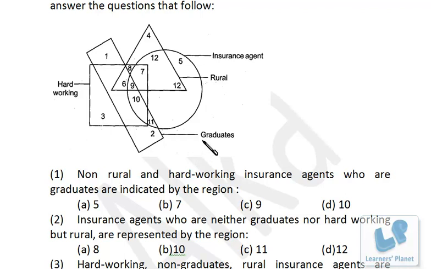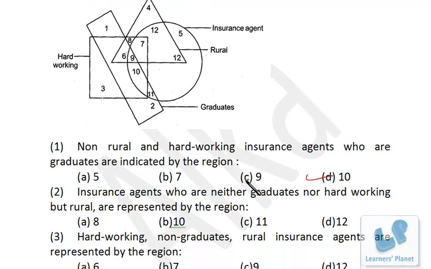So we have the 4 figures. Our number should be in all of them except triangles. That means it should be in the 3 regions, right? So that's number 10. You can see it's in circle, rectangle, and square, so that's the correct choice. Other numbers in this region are actually in the triangle also, so they cannot be correct. So the problem is pretty simple.